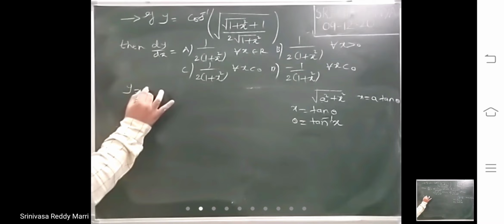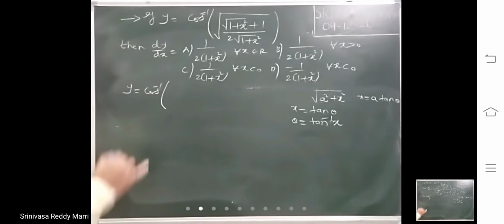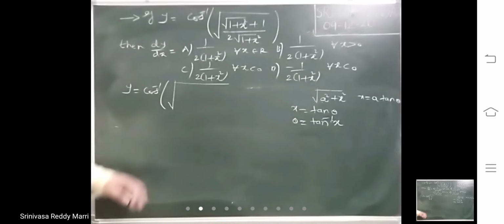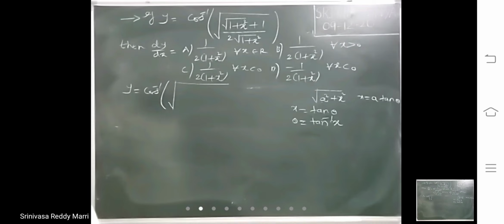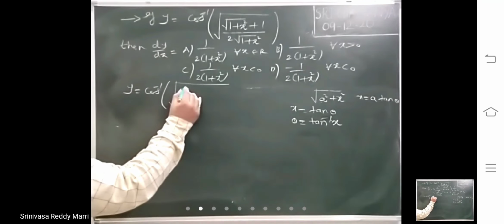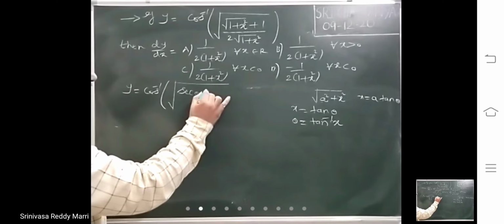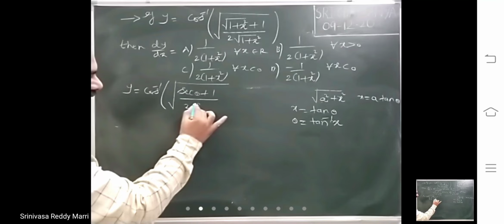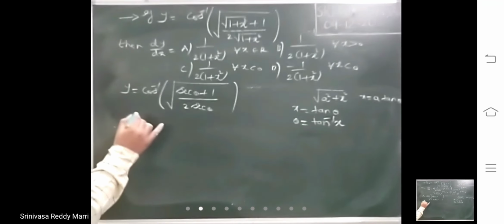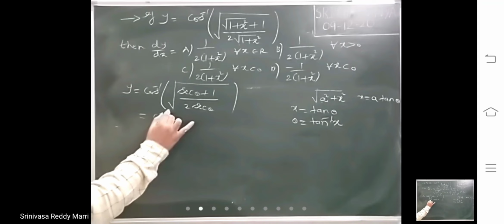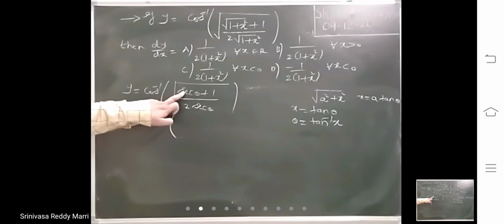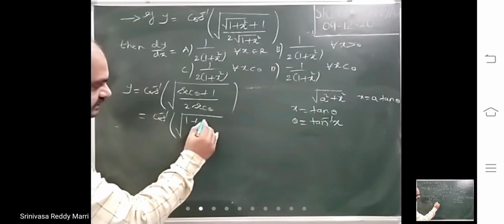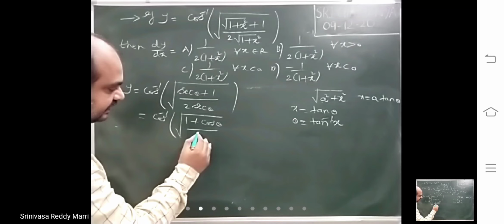That means y, if we simplify, is cos inverse of root of, look at 1 plus tan square theta, root of secant square theta. That means you will get secant theta plus 1 divided by 2 into root of secant square theta. The expression will get simplified. This is nothing but cos inverse. If you write 1 by cos and take the LCM, you will get 1 plus cos theta divided by 2.